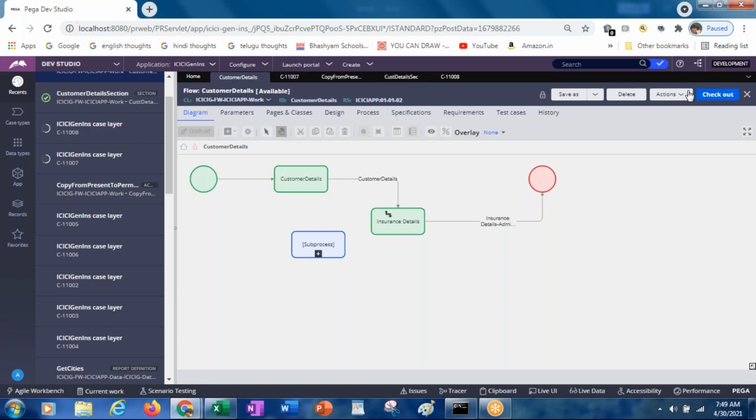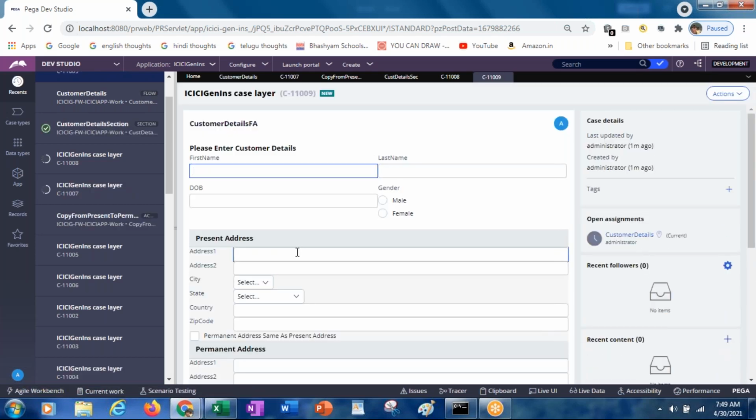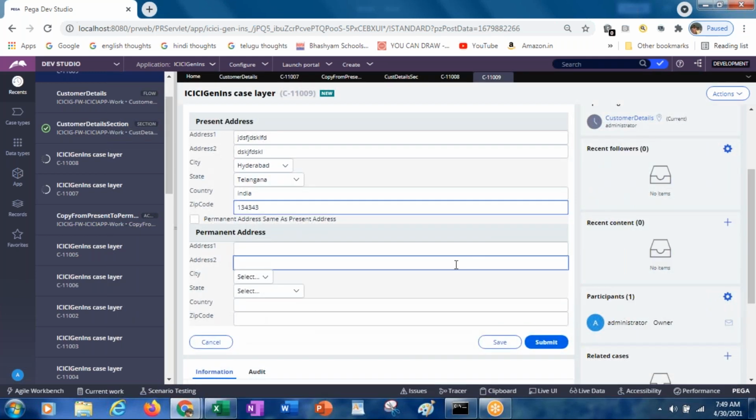Now if you create the case and select this, see, automatically it's populated: the address one and address two.